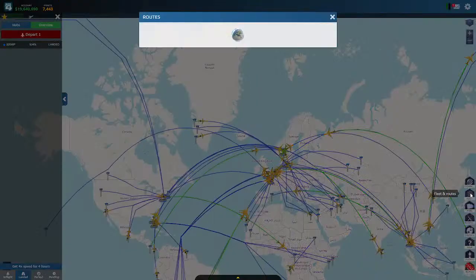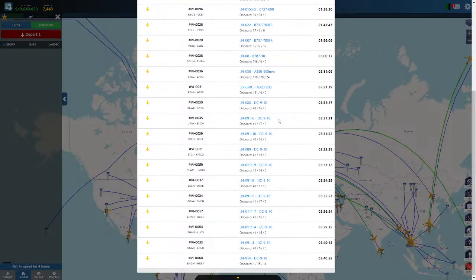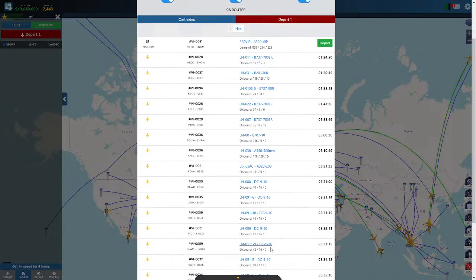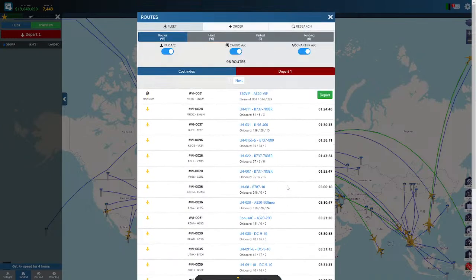So it's going to be interesting to see how much I get for these planes, because this is long range, this is long range, and this is long range, and this is long range, long range. There's a few long range planes, this one as well, and the rest is short range. So I guess 6-7 million. So that would bring me up to 30 million. I love that. Making 30 million in 4 hours. How do you like that?